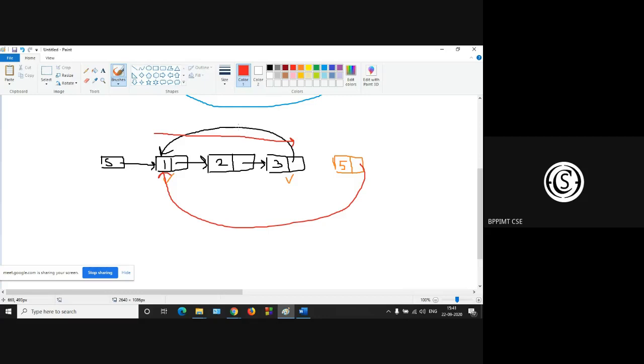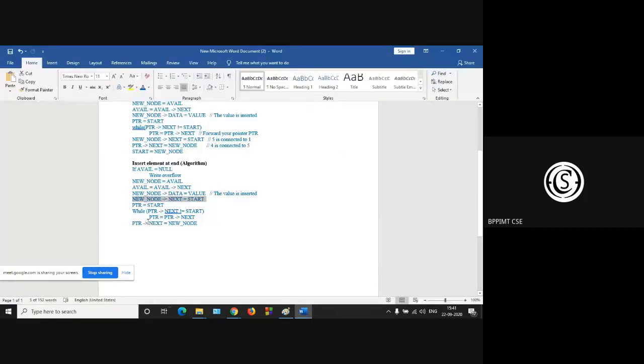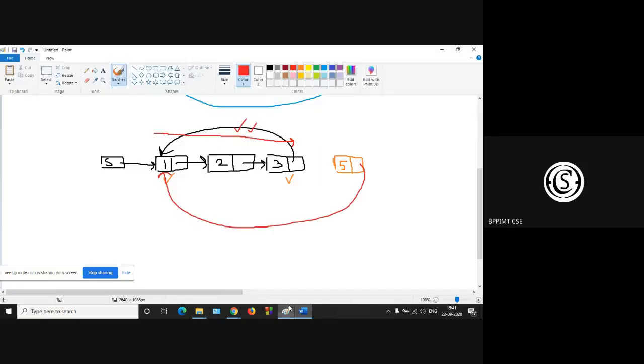You have to find this connection, that is 3. The next part of the last node is pointing to the first node. So PTR arrow next not is equal to your start. Then only you can get the last node. Then PTR next is the new node. So delete this connection and make a connection between this and this. Is it clear, Suraj? Yes, sir.